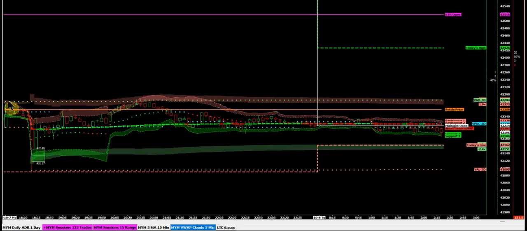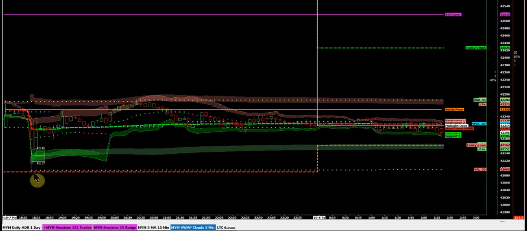Where's your target? Well, here's your value area high target. Value area high, bounced up here, made a new value area high, and then came straight back down. So when it came back down in here, anywhere in here is where you could have taken your profit. Last night, I don't think it was really great to trade, but you did have opportunities, and you had an opportunity to use value area high,